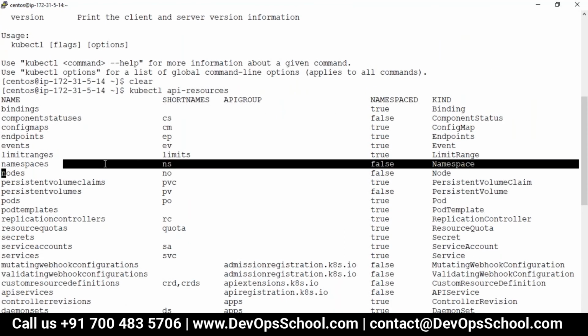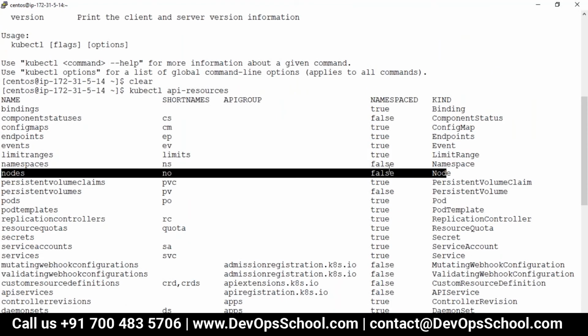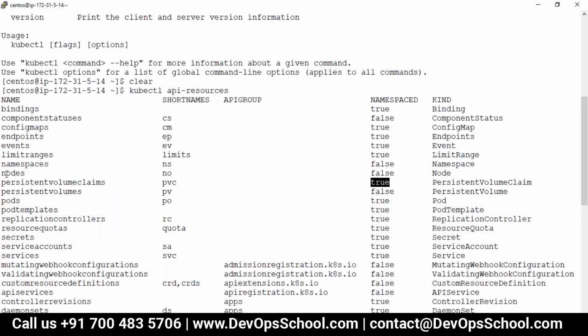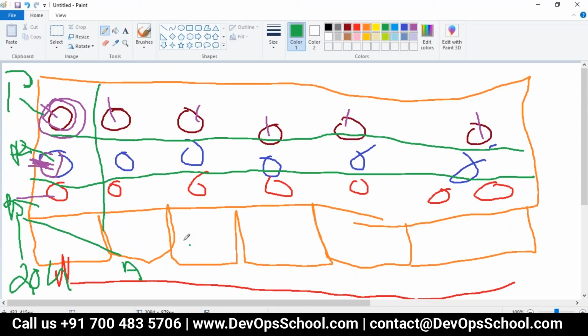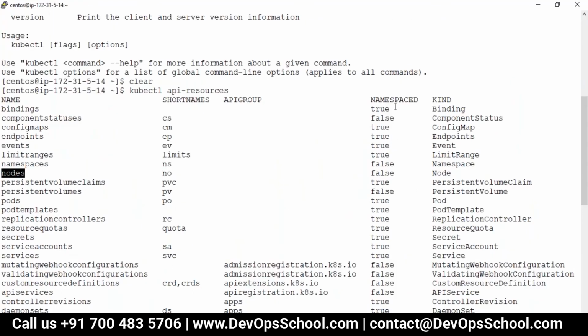Here it is, node. It's cluster-wide. That's the reason I said this is a node, this is a node, this is a node, it is cluster-wide. So there are a few API resources that are namespaced true or false. Did you understand namespaces now?